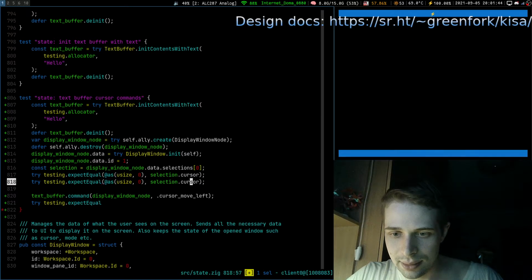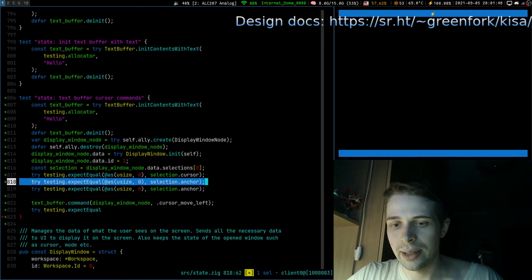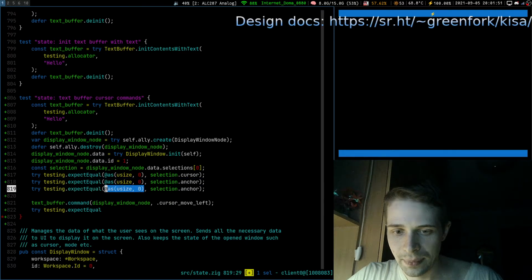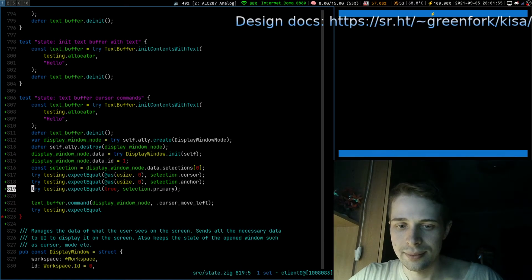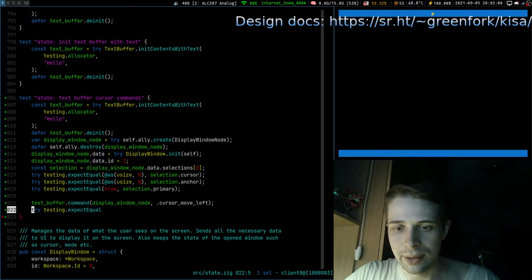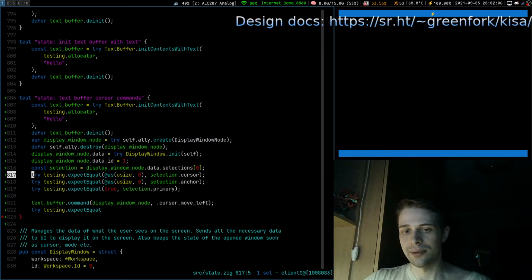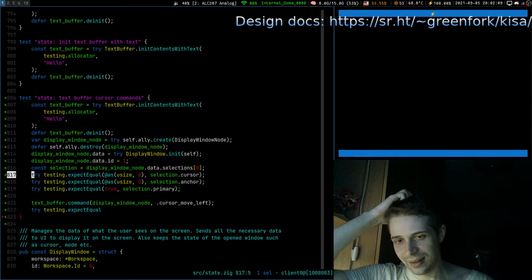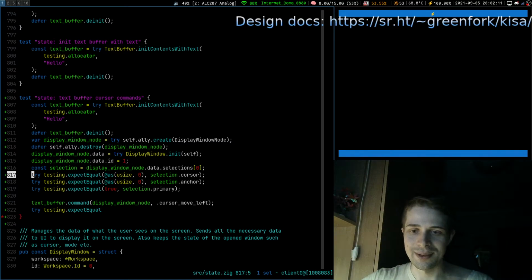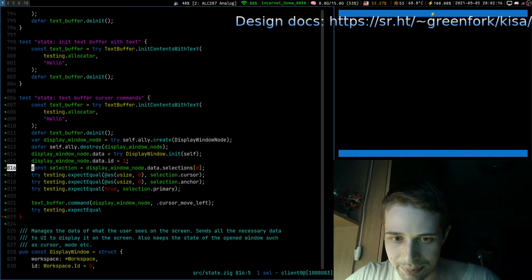And then we test that the anchor is at 0. And we test that, true, our cursor is indeed primary. Yep. And now when we move left, actually we shouldn't do anything here, because we are at the very start of the buffer. We shouldn't do anything, so the selection should stay the same.